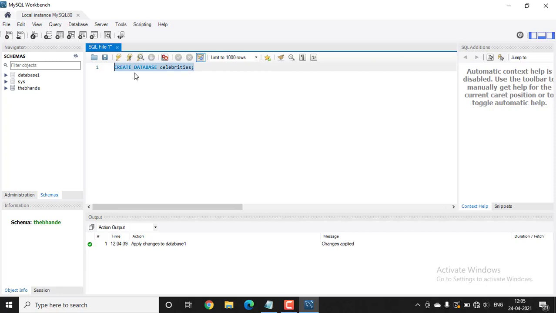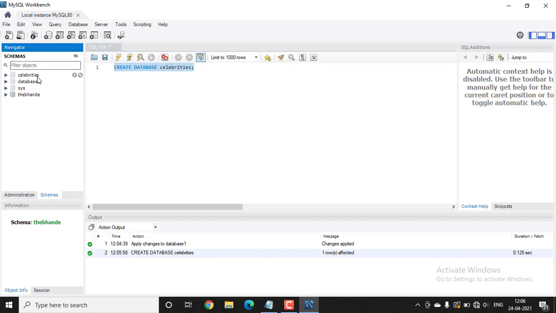Then select this line and click on this button. As you can see, this green tick mark shows the new database has been created with the name celebrities. But we cannot see that here, so click on this refresh button. Now we can see the new database named celebrities.